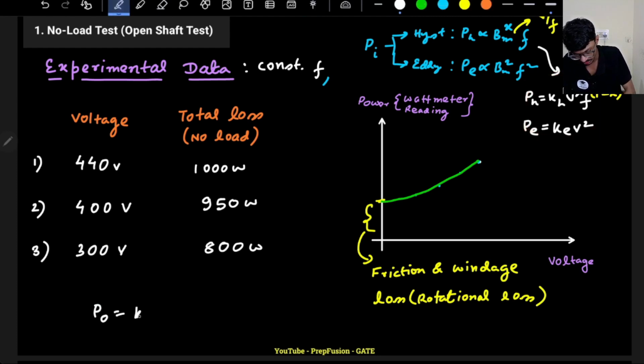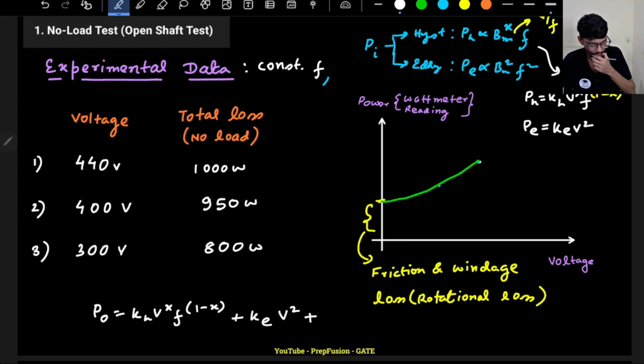Of course x you will know, because you will know the material. So Kh into V^x f^(1-x) plus Ke, frequency I am not changing, into V square,